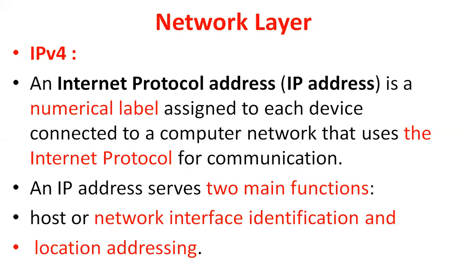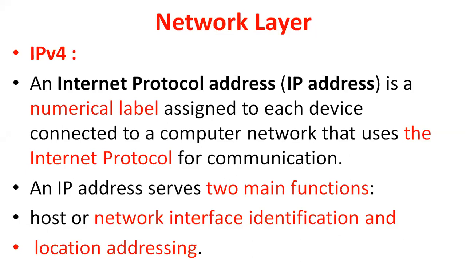Here, IP version 4 addresses. For example, an IP version 4 address looks like 198.168.0.1. These addresses may be class A, class B, class C, class D, and then class E. For example, 0.0.0.0 to 127.x.x.x is one range. Like that, different addresses are there. We will discuss these classes later.